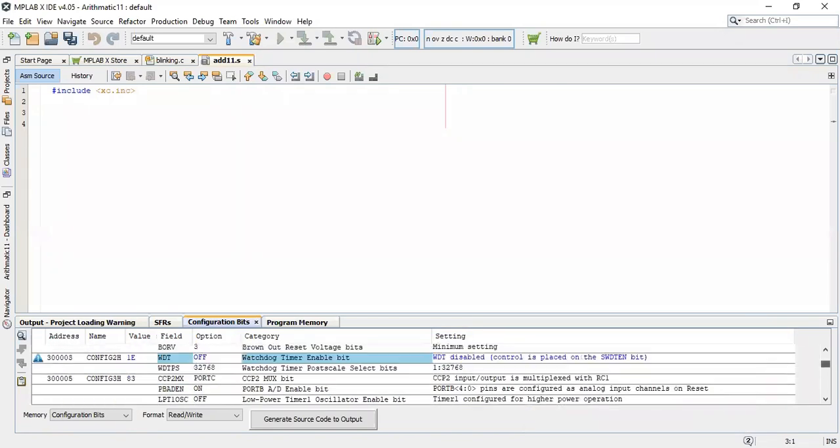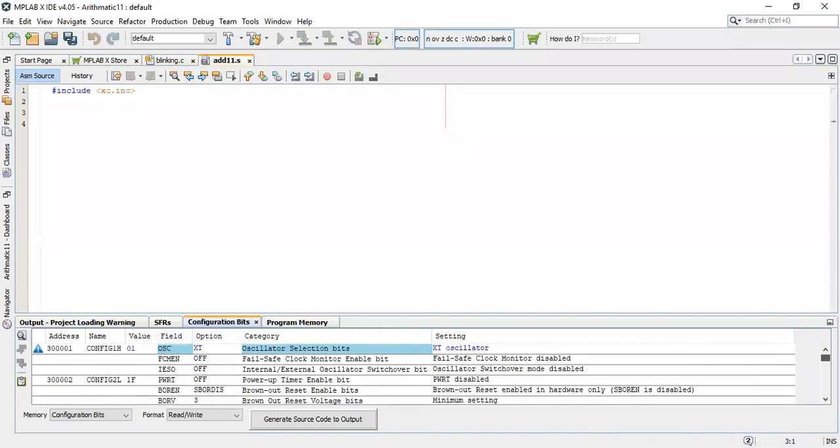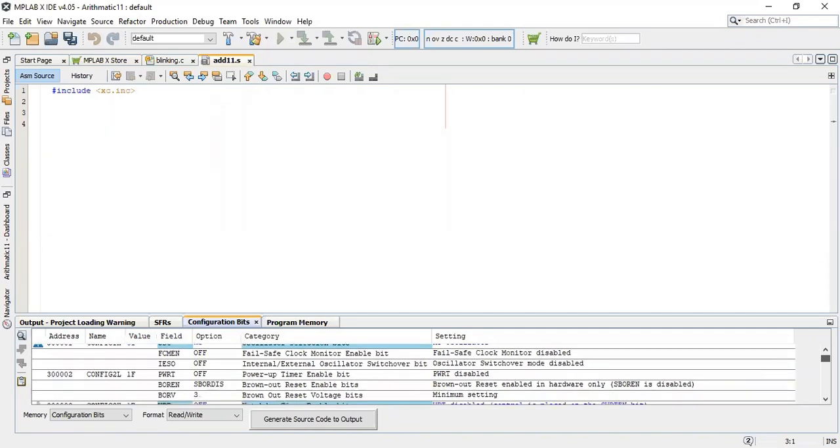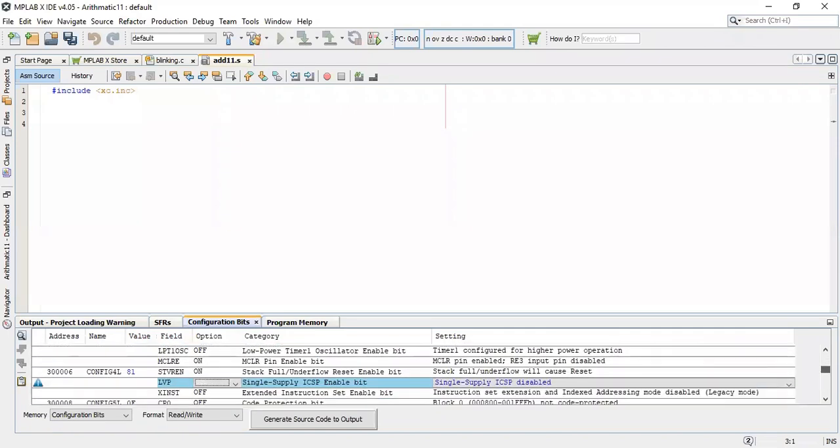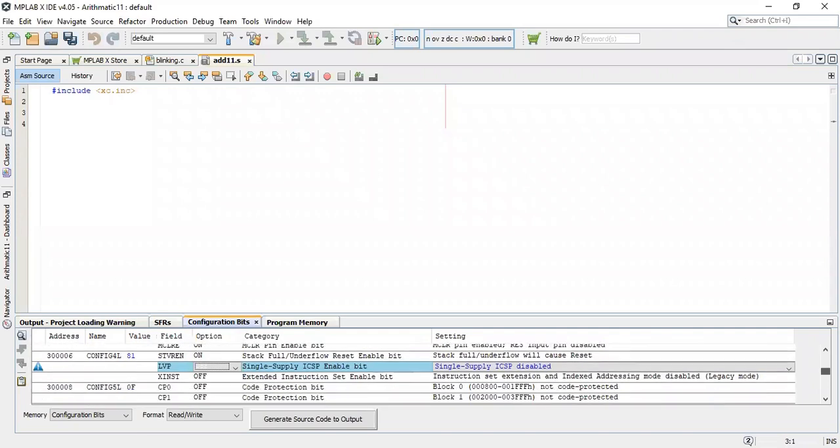The first option is watchdog timer off, power up timer off, brownout reset off, and low voltage programming off. So these three steps we need to do.